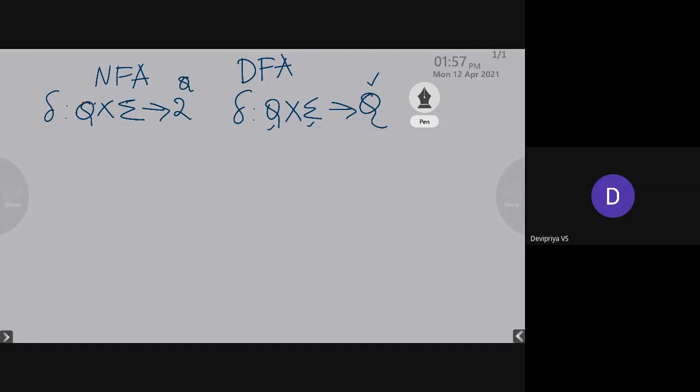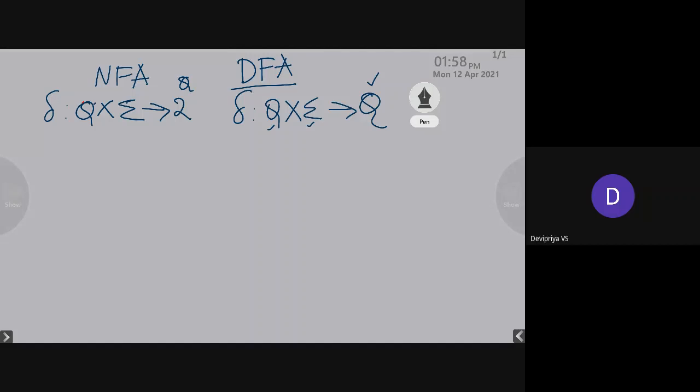So on receiving the input symbol from the current state, it can move to only one new state. But here, in case of NFA, it can move to 2 raised to q states. So if we are considering DFA, we say that DFA is a complete system, and the implementation of DFA is more efficient than NFA. So that is why we need the conversion from NFA to DFA. Though NFA is very easy to draw, we have to obtain DFA for effective implementation of the states of the system. So if we know how to draw the NFA, we should know how to convert the NFA to DFA.